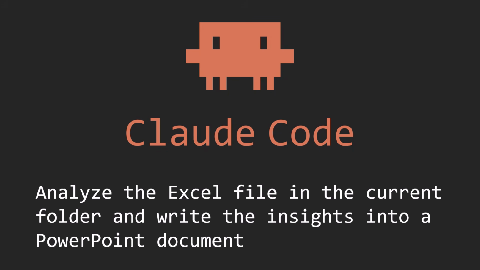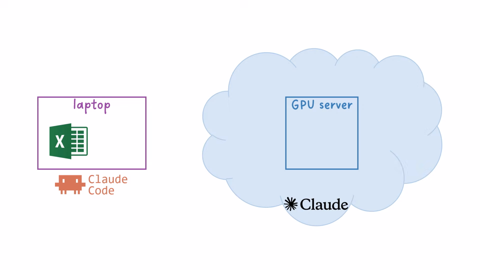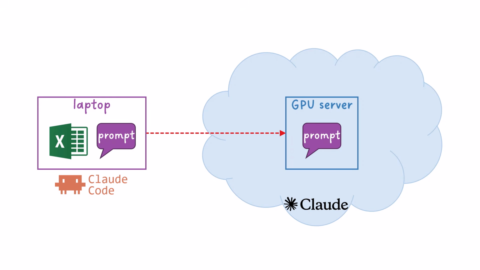Now we'll see what happens when we give Claude Code a similar prompt. The Excel file is in a folder on our laptop. Our prompt gets sent to a general-purpose LLM like Sonnet 4.6. The model generates an exploratory script and sends it to our laptop where it runs, and produces details about the